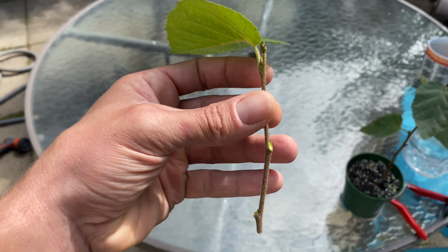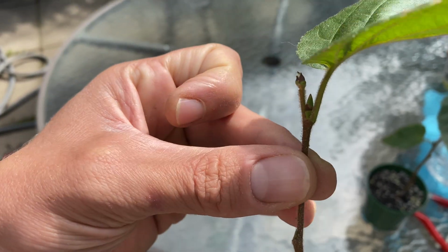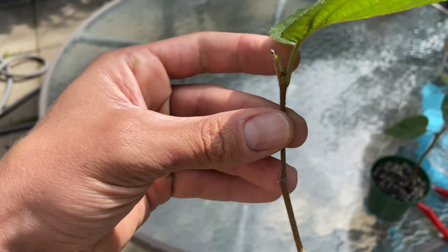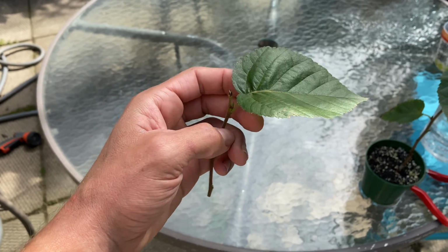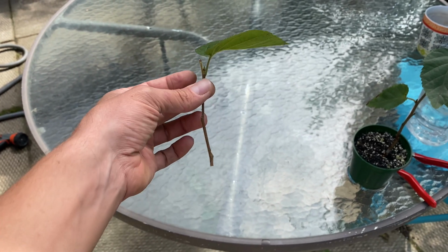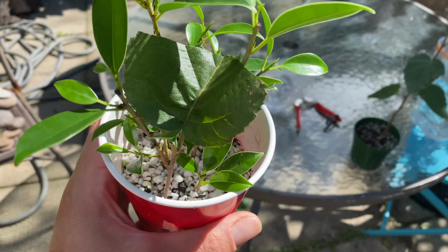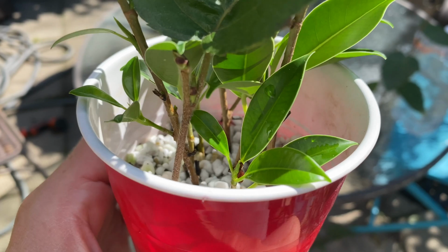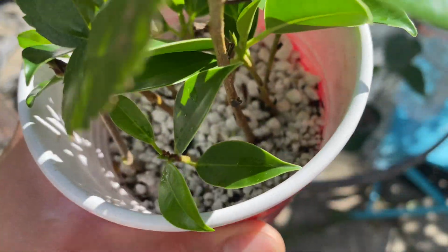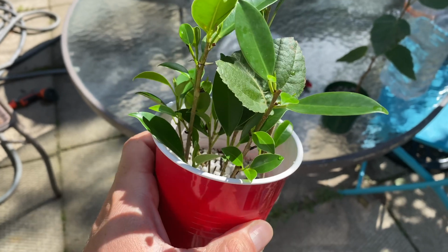I'll plant the top of this birch as a cutting. It's a bit late in the season, but we'll see what happens. Maybe I'll chop that leaf in half. It's a little big for that small cutting. Okay, I chopped that leaf in half and I nestled the cutting in between all of my ficus microcarpa cuttings,